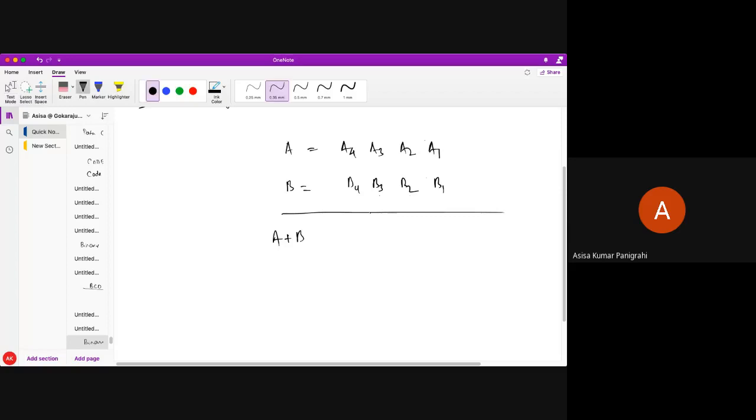Now tell me, in order to add these first 2 bits, what do we need? I need a half adder, because these are 2 single bits of binary data. Let's call it HA1. It gives S1 and it may generate some carry. That carry, C1, becomes another bit along with A2 and B2. So how many bits are there now? 3 bits.